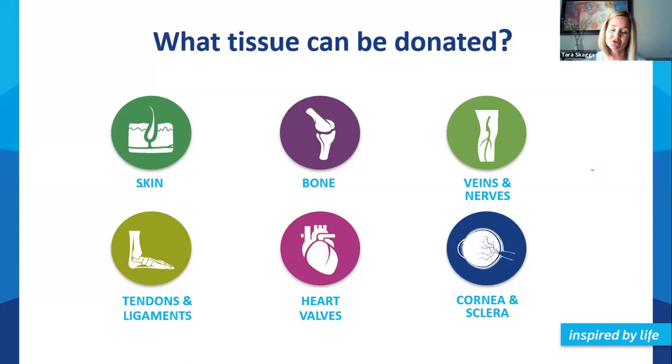The cornea, we're going to show you some pictures in a little bit, but the cornea and sclera are fascinating. The cornea is the contact lens part of your eye, and it's giving sight to people who are losing their sight and can't see. And the sclera, which is the white part of your eye, is even being used to heal eardrums that have been ruptured. It's fascinating, and people are getting a phone call in the middle of the night sometimes to ask the question